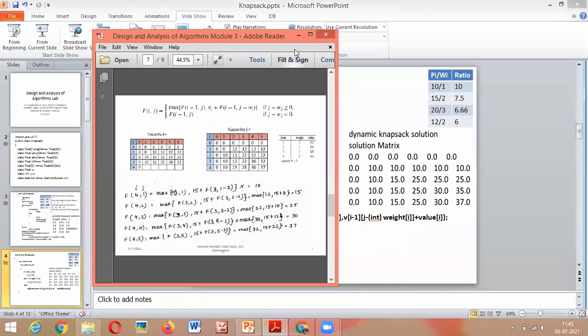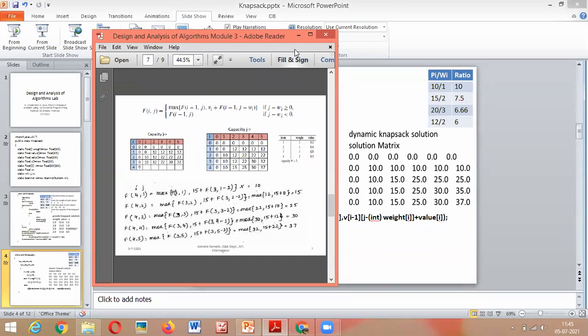Okay, and then in the second row, that is row number 1, we had 0 0 12 12 12 12, right? But in this we have 0 10 10 10 10 10, because the items are in sorted order of the ratio. Okay, items got sorted now. Even though the answer is same, the matrix is different. The final solution matrix, whatever we are getting for the dynamic programming, is different.